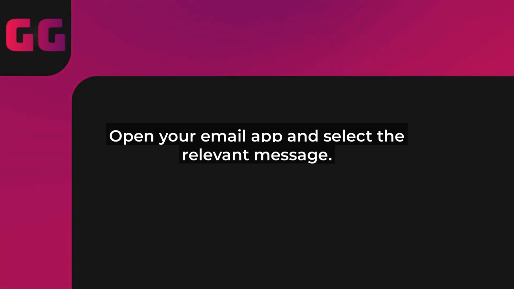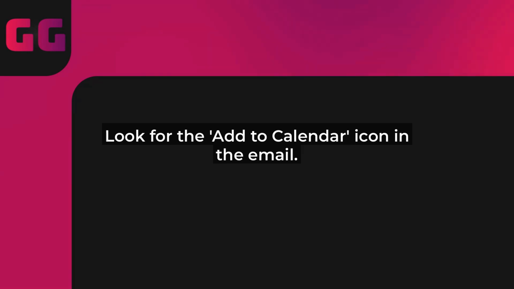First things first, make sure you're using a modern email app like Gmail or Outlook, which have been updated with even smarter integration for 2025. Start by opening the email that contains the event details. Think of something like a party invite or a work meeting. Look for key elements like dates, times, and locations mentioned in the body of the email.